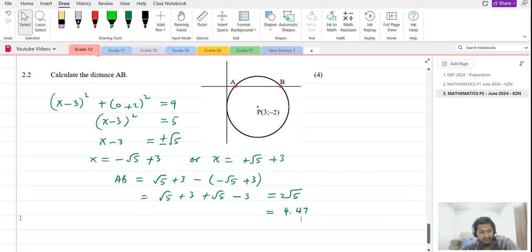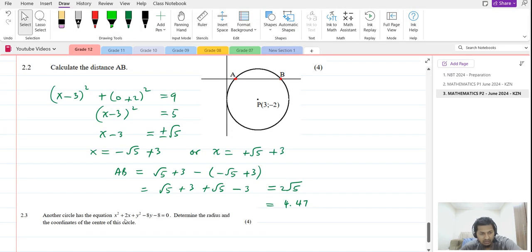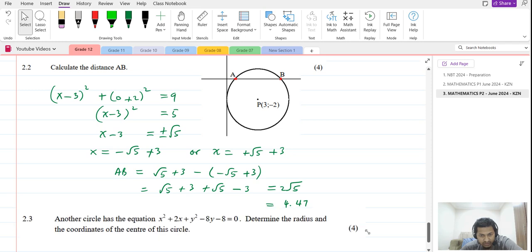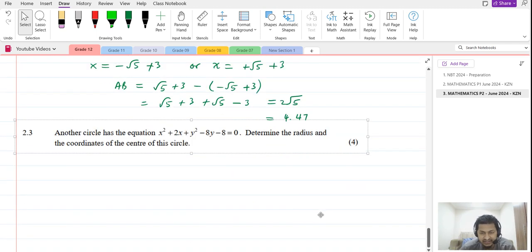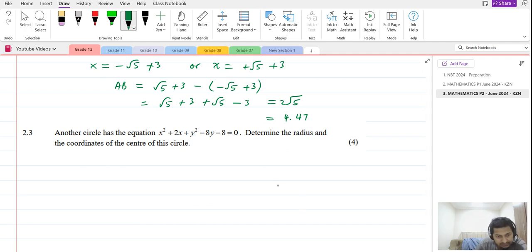So we have another circle that has this equation. Determine the radius and the coordinates of the center. So find the center and the radius. Now very important is, see how I work this out. I will write down x squared plus 2x, plus